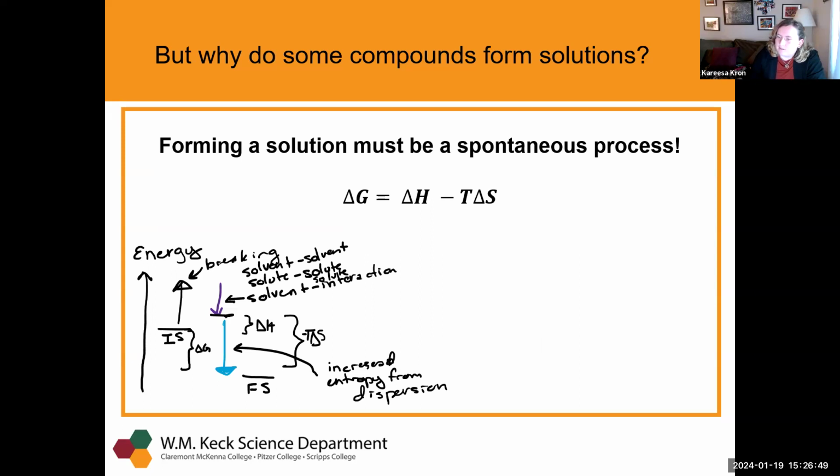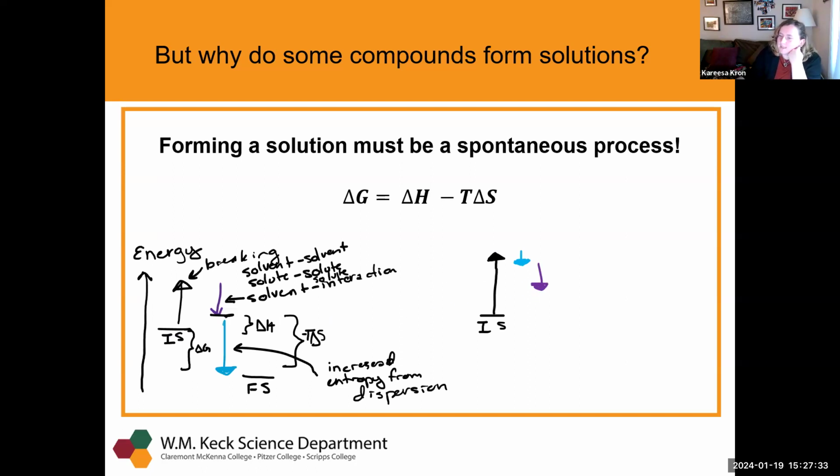So if instead we had where we started our initial state, we have some large amount of energy it takes to break up the solute-solute and the solvent-solvent interactions, and we still do get some favorable energy from the solute and solvent interaction, but just a little bit. So it's not particularly happy to talk to that solvent. They don't attract each other, they're not similar. And then our increase in entropy is also only a slight increase in entropy. So maybe comparable to the last one,